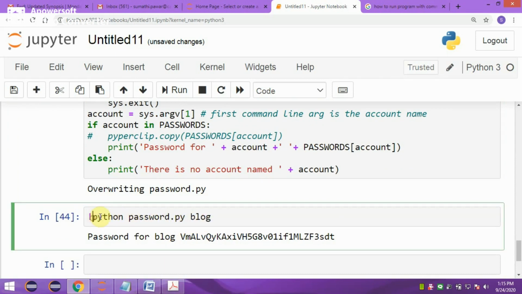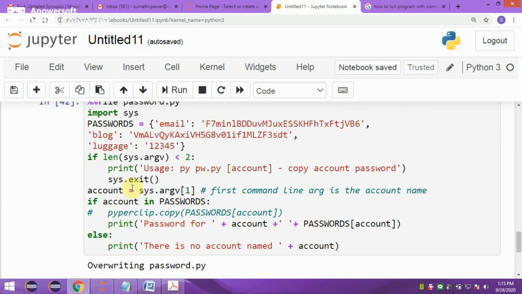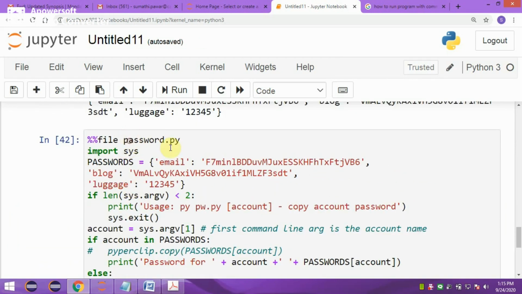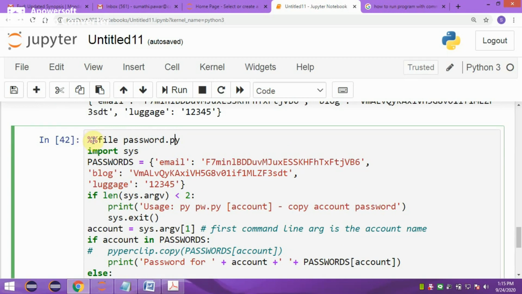Then password.py is the file name, and then this is the command line argument, which is nothing but the account name. The file should be saved with the file name password.py using this statement, %%file password.py.